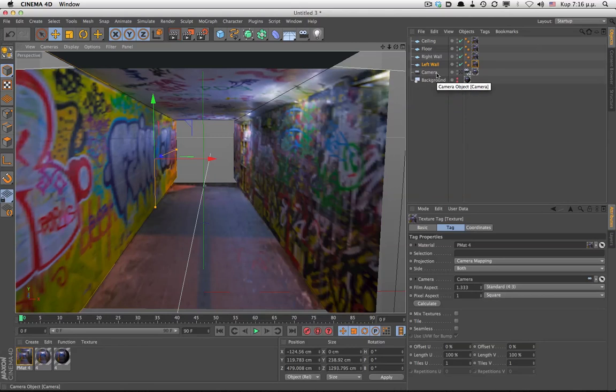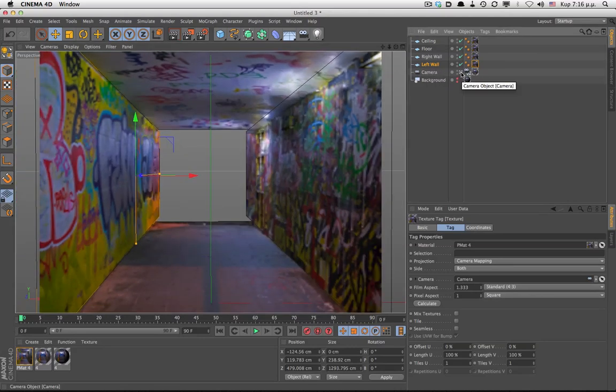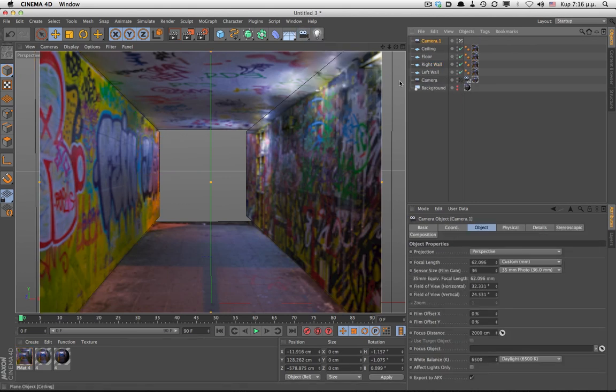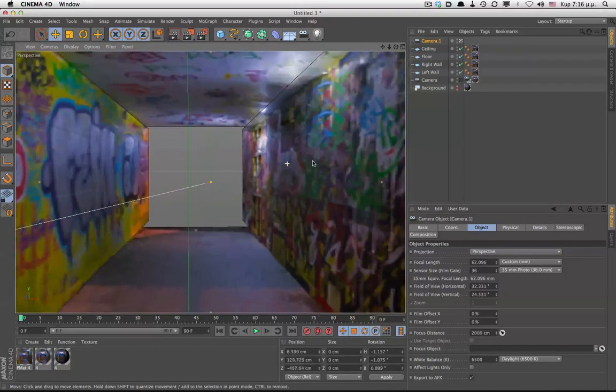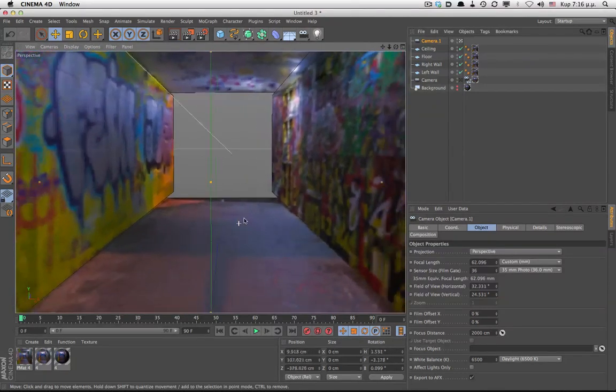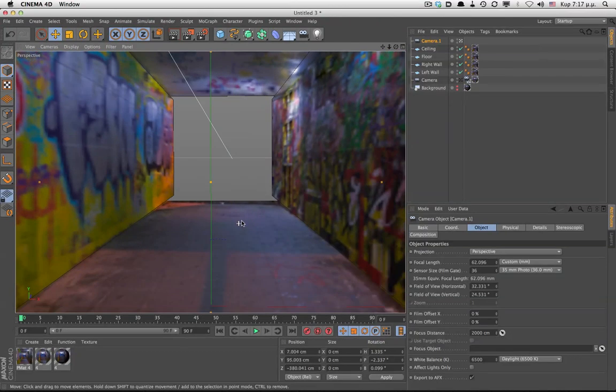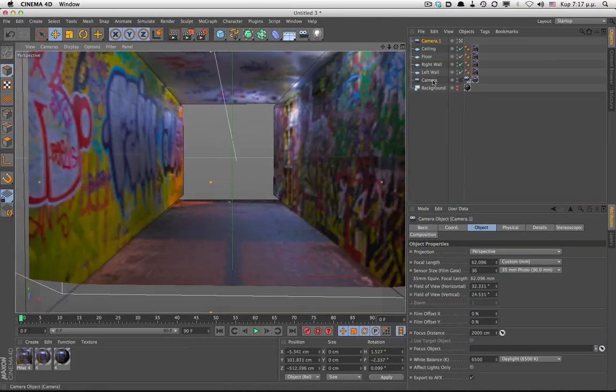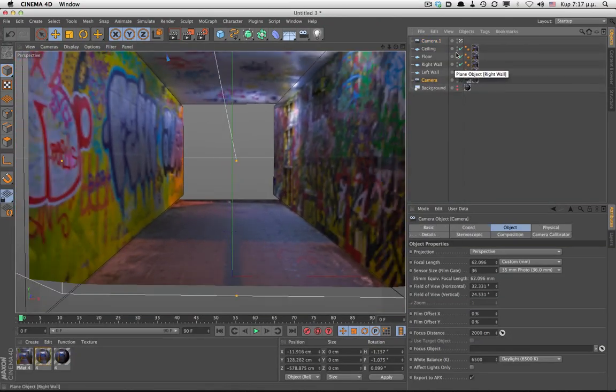The camera we created at the beginning will only be used for our texture projection. Whatever movement or scene framing we need will be done with other cameras. So it might be a good idea to protect our camera with a protection tag.